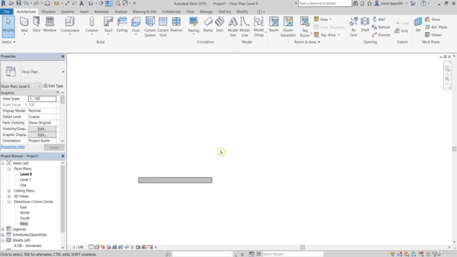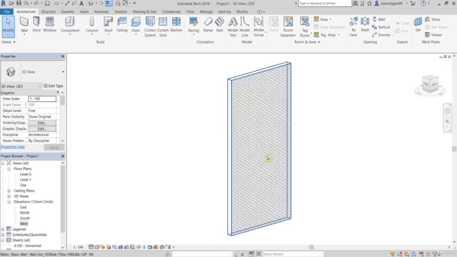To zoom, we'll just scroll the wheel in and out. If we zoom out too far, just double click on the wheel and that will zoom extents, so everything will be centralized. If we go over to our 3D view, up in the quick access, we'll select the default